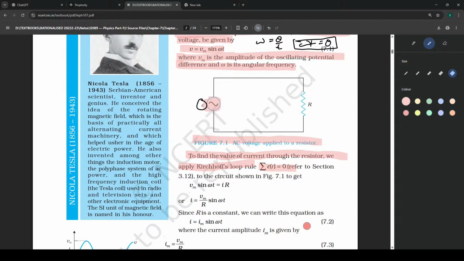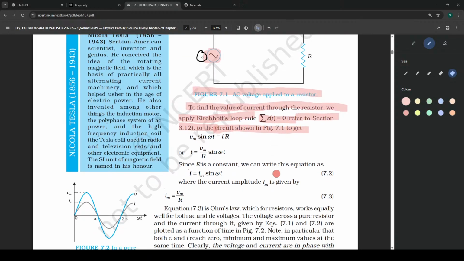This is basically what I said. For the circuit shown, this we saw in chapter 3, that is current electricity. Okay, we won't go into that, we only need to use it. Now we apply it. When we apply it, we take it as,